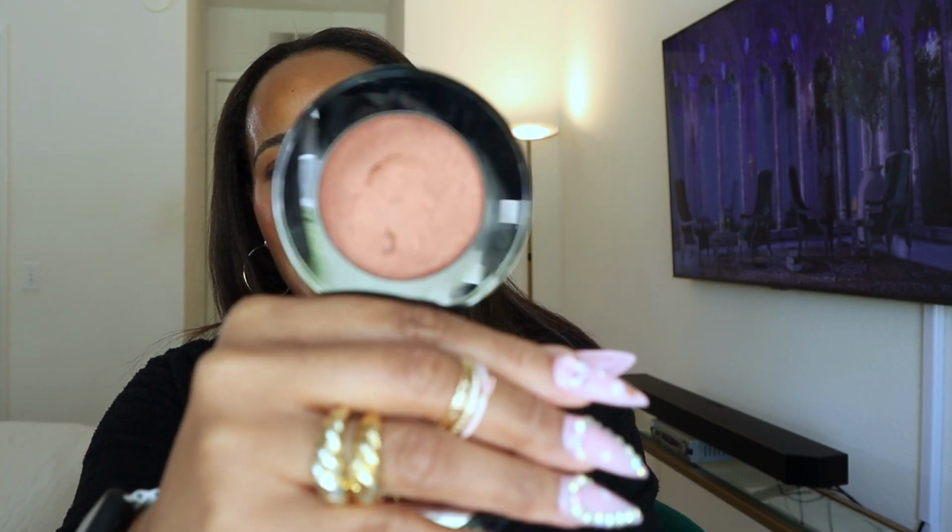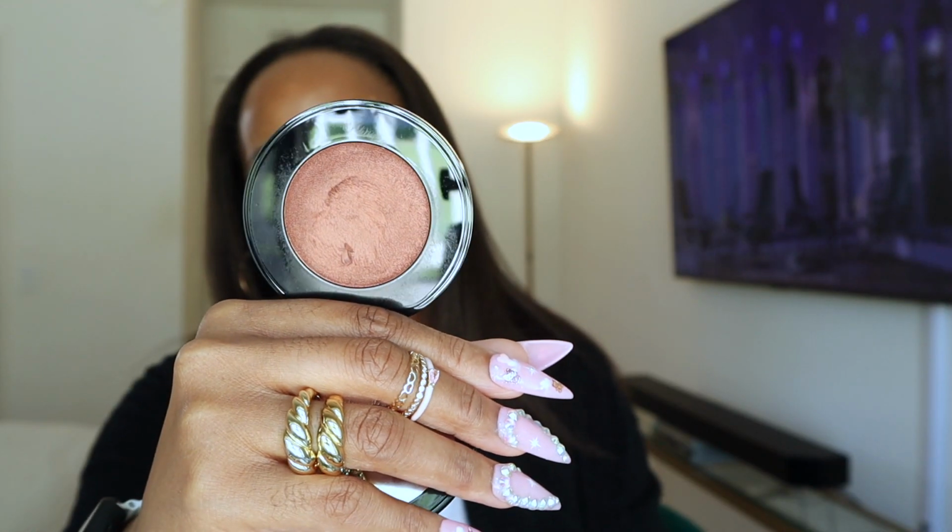And you know what this color reminds me of? My very first MAC eyeshadow that I still have to this day. I have not checked to see if it's discontinued. They better not have. It's called Tracks. So if you know MAC's Tracks eyeshadow, this is Tracks, but just a touch deeper. I should be hitting pan on this year because this color, and again, you can use any brush, but